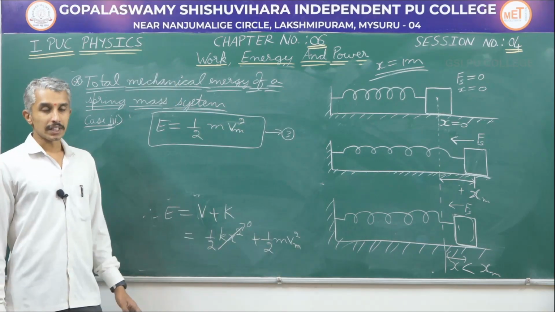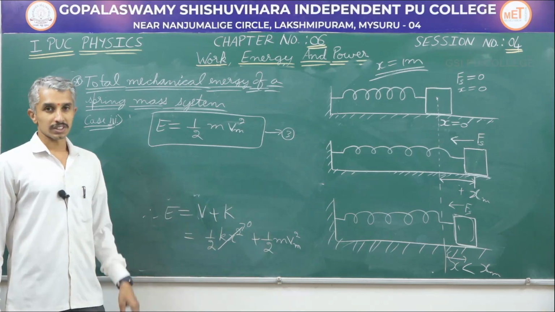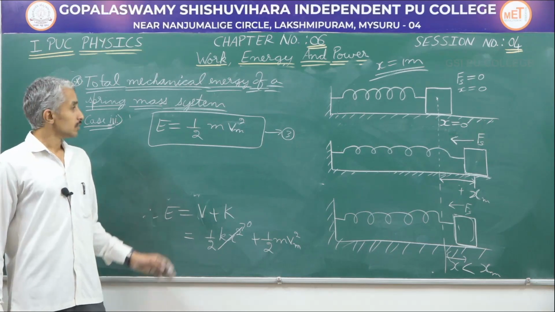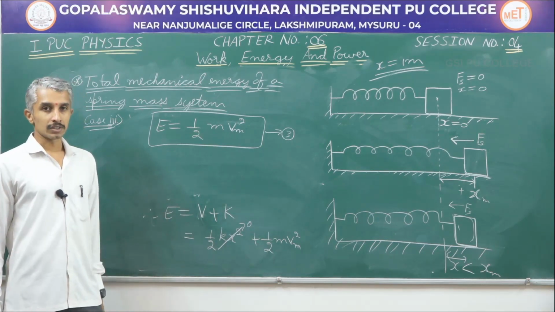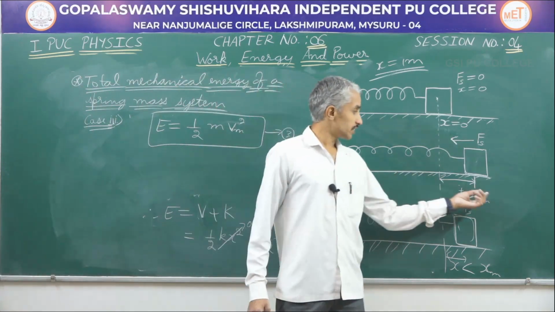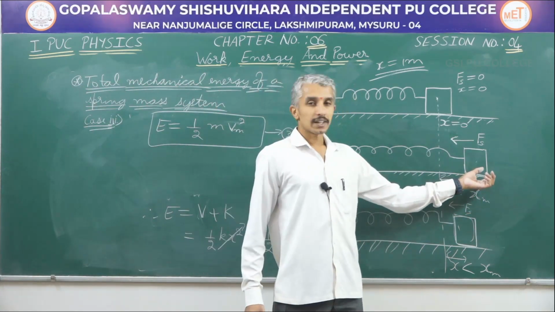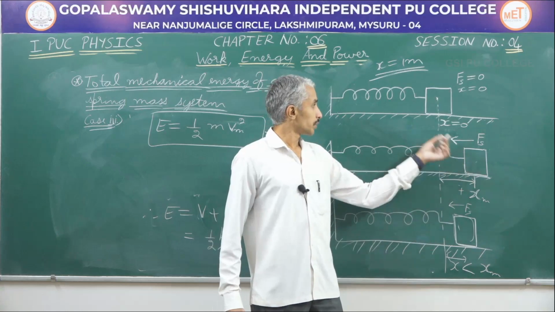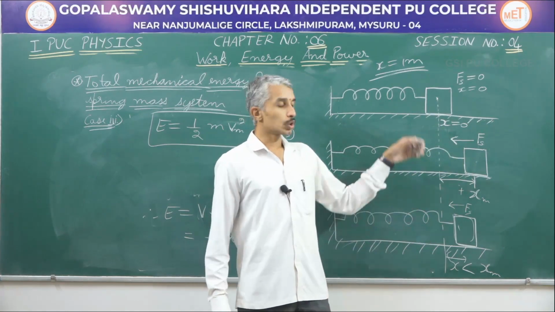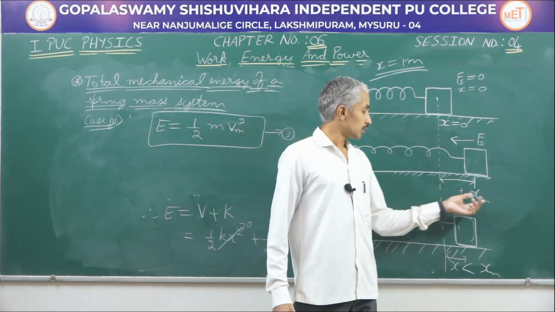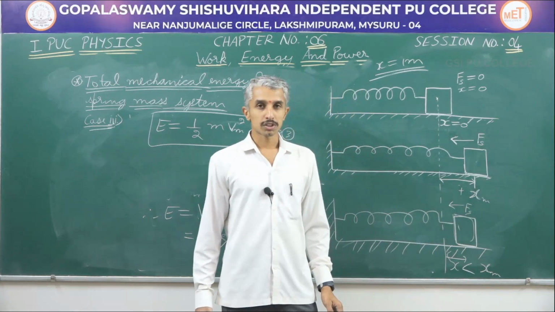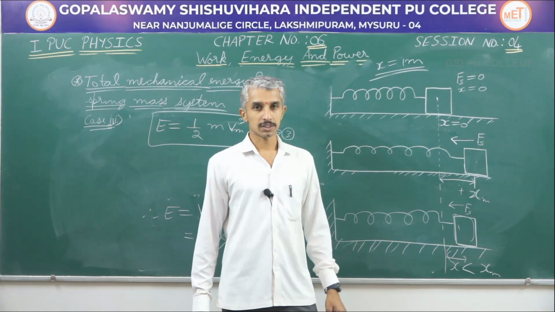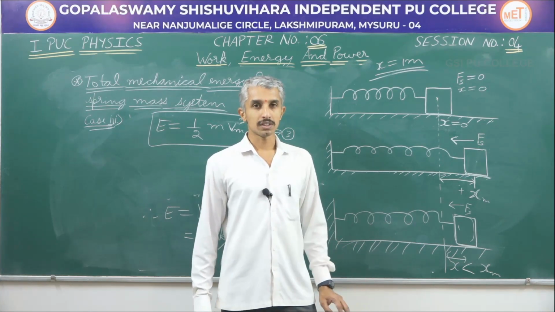We have already proved that the spring force is conservative, therefore, its total mechanical energy has to be conserved. So, these three equations are equivalent, which means when the spring is at the extreme positions, the energy possessed by it is totally potential energy. When the spring is at the mean position, the energy possessed by it is totally kinetic energy, and anywhere between 0 and the extreme positions, the spring possesses both kinetic and potential energy, but the total energy is going to be a constant. We will depict this in a graph.